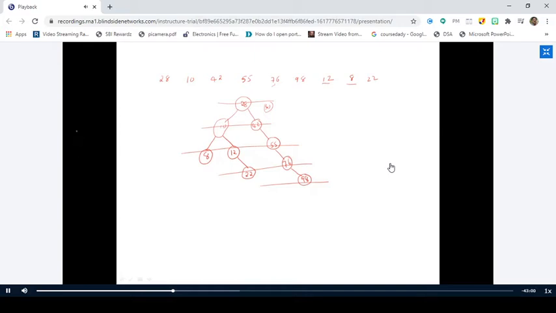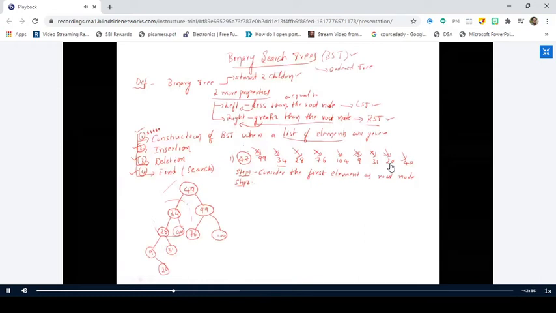So we have completed the first part of our discussion, that is construction of binary search tree when a list of elements are given. Right, you have to write the theory part. Step 1, consider the first element as the root node. Step 2, what is step 2? Can anybody tell me? What process you have done? We'll take the next element and compare the second element with the first element.